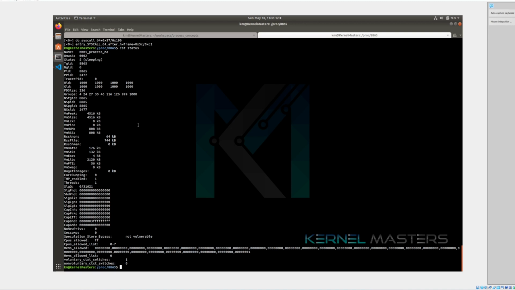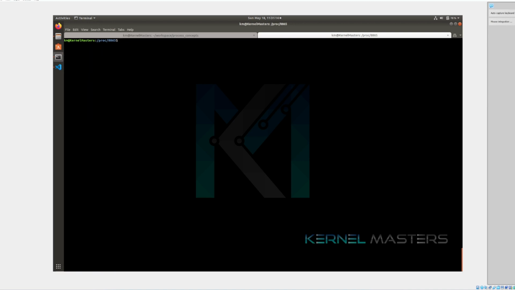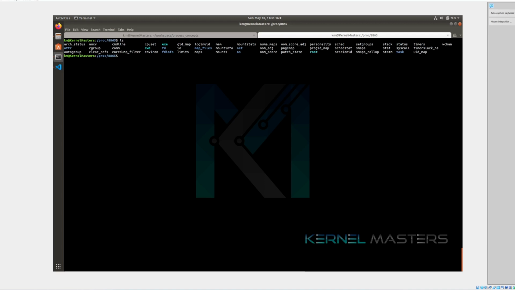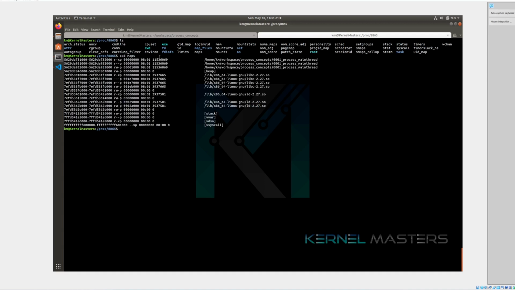And if you go to virtual file systems also, we have the maps, so you can see the virtual memory layout there. Okay, you can see this, right? So whatever we have explained, here you can see these are the sections we have. Okay, so this is the stack section,